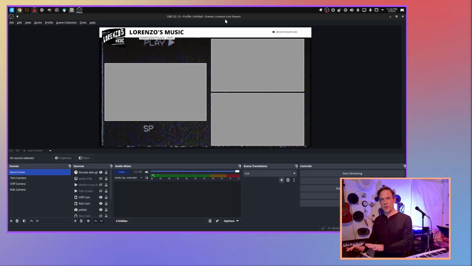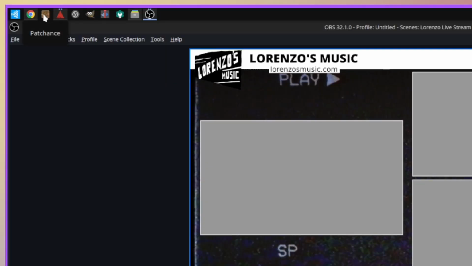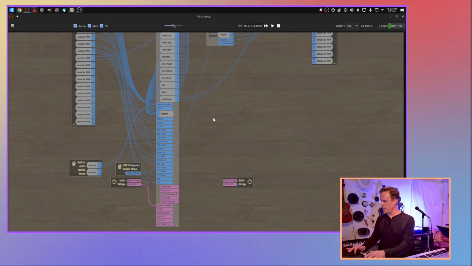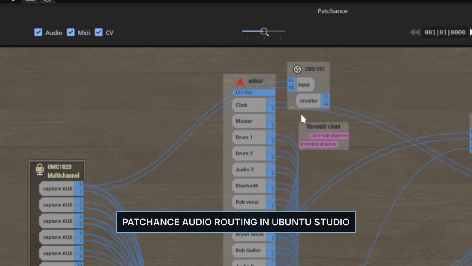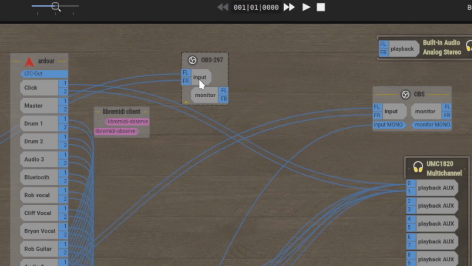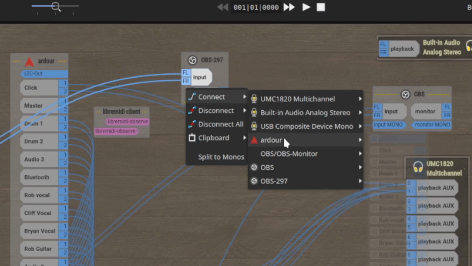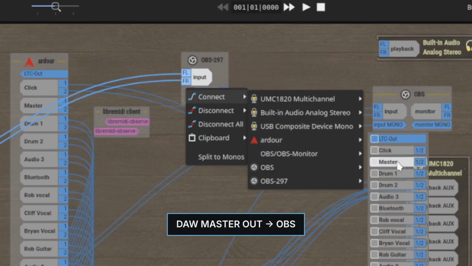I have my DAW open and OBS is open. I need to connect my DAW session to OBS. And the way I do that is I use this program called Patchance in Ubuntu Studio. So when I open this up, you'll see that it has my Ardour session and it has my OBS session right here. So if I right click on the OBS session, I will want to go to Ardour and connect